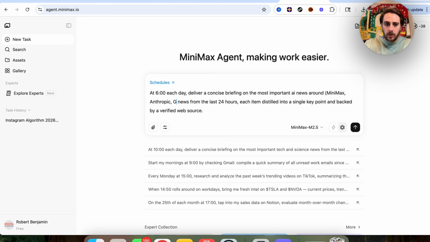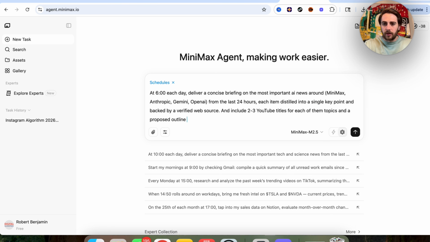We're going to put Gemini, we're going to put OpenAI, and then what this is actually going to do is pull this every single day from the last 24 hours so that I know what to make. In addition to that, we're also going to add another step in here, again, because MiniMax M2.5 is great at agentic tasks. We're also going to say and include 2 to 3 YouTube titles for each of the topics and